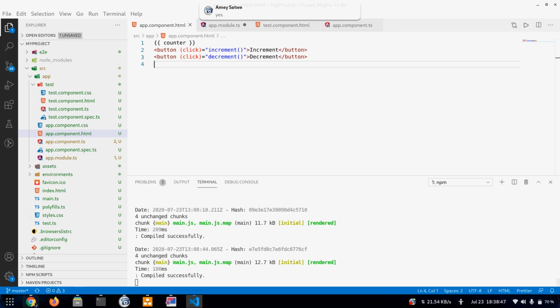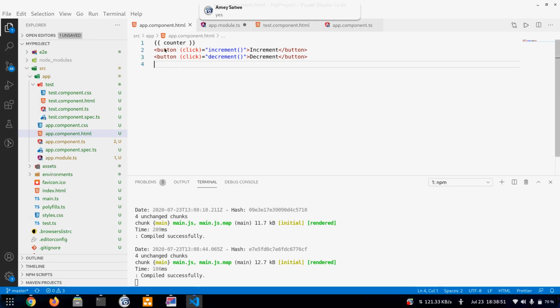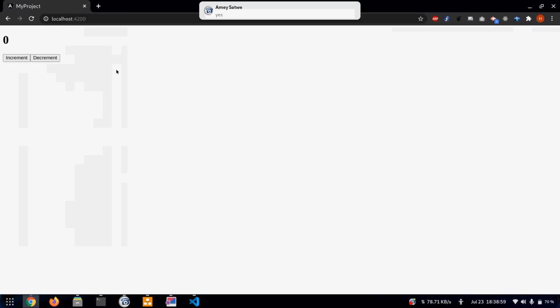Okay, successfully compiled. So now let's wrap this inside an H1. Okay, so we now have value here and two buttons that say increment and decrement, and whenever we click this, the counter goes up and down.